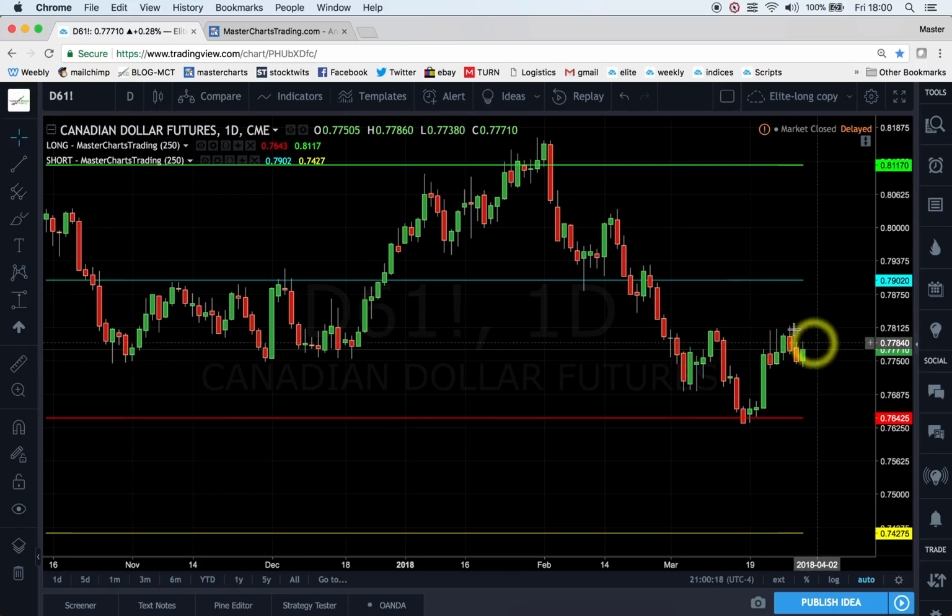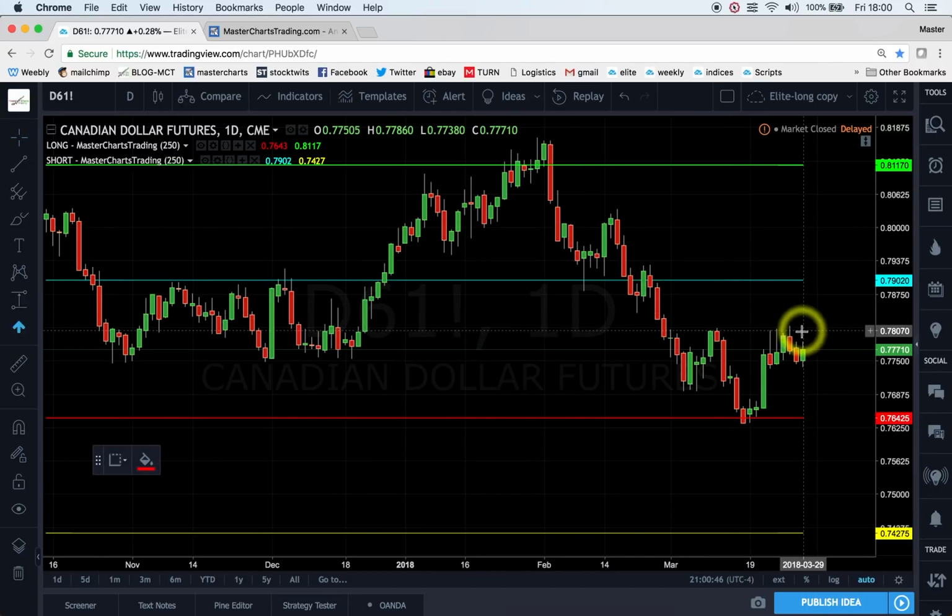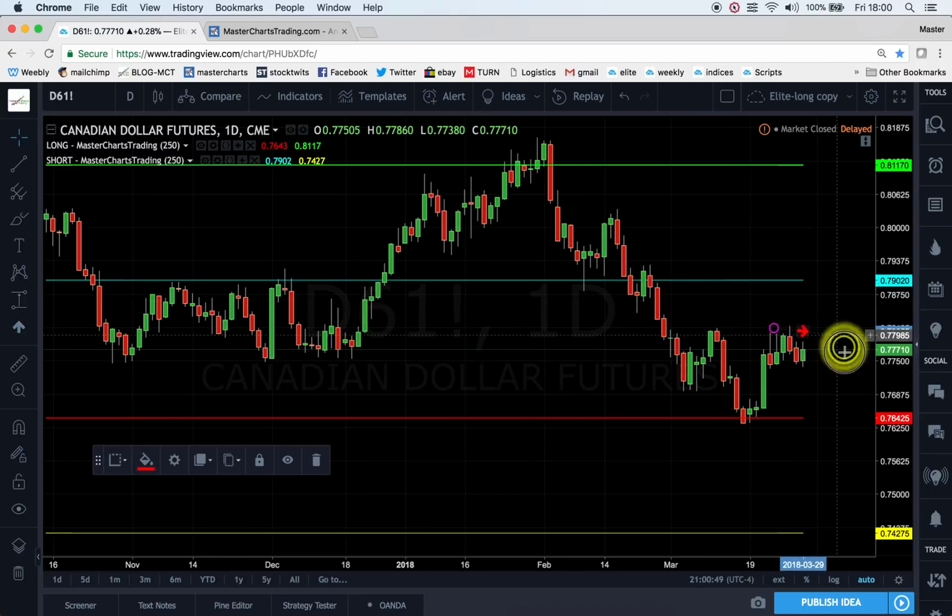And potentially this is a shorting opportunity because we are, well, quote-unquote, overbought, because if we're in a downtrend, we want to look for overbought conditions to short them. How do I know we're overbought? Because we have closed below this support resistance red line, and to me this would be a signal to look for an opportunity to enter on the short side. So potentially we could look for already a short entry